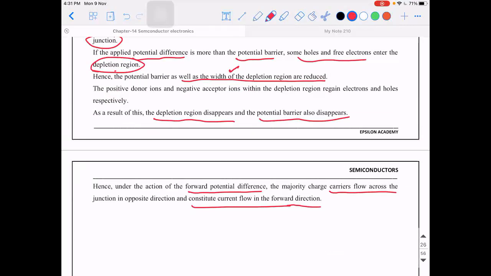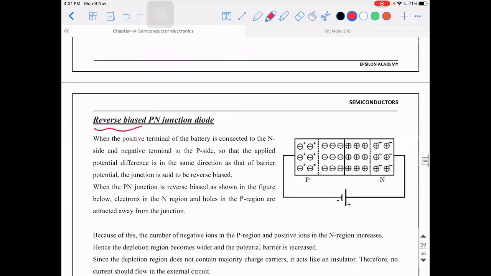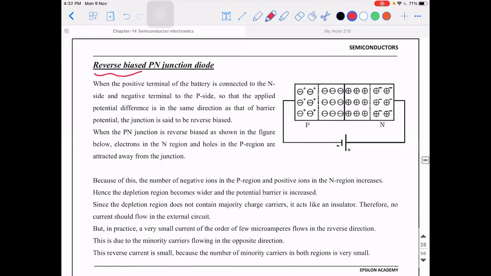So obviously the counterpart of this forward bias is going to be reverse bias. So reverse bias means what, you yourself tell me. When P-type semiconductor is connected to the negative of the external battery and N-type is connected to the positive of the external battery, then that type of biasing is called reverse bias condition. So when the positive terminal of the battery is connected to N side and the negative terminal is connected to P side, then the junction is said to be under a reverse bias condition.